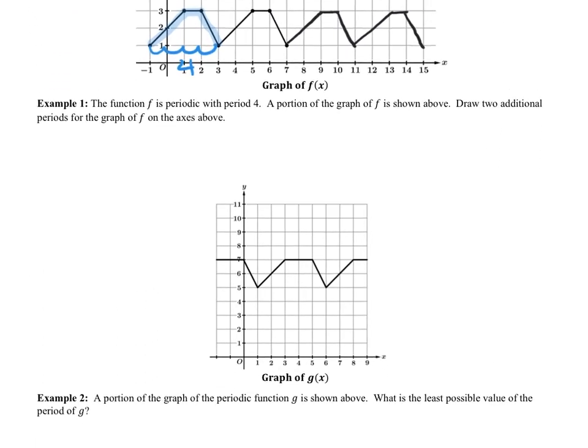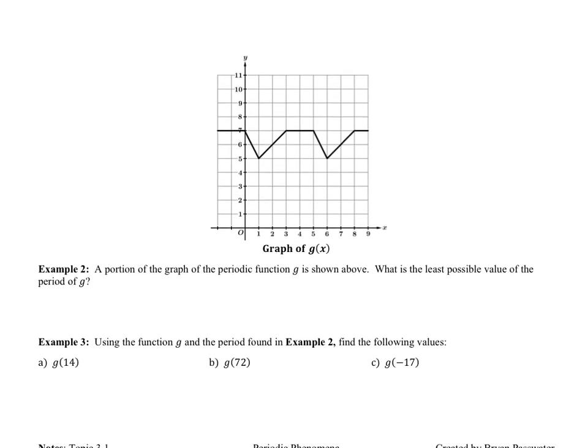Okay. Cool. In example 2, it says a portion of the graph of the periodic function g is shown above. What is the least possible value of the period for g? So again, we're just trying to see how long it takes for that shape to repeat. When I do these problems, I look for something that's interesting or something that's really unique about the shape. In my mind, it gets unique when it starts turning downwards right here. So it goes down, it goes up, it goes flat. When's the next time it goes down again? Right here. 5. So if we go from 0, which is where I started looking, to 5, that means that the period